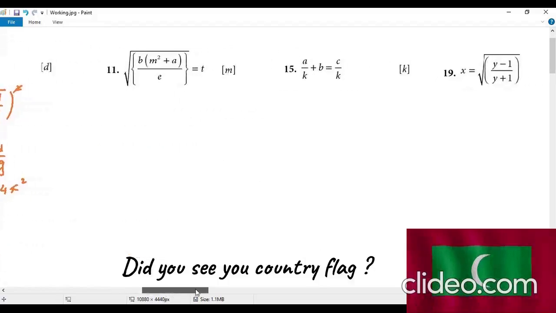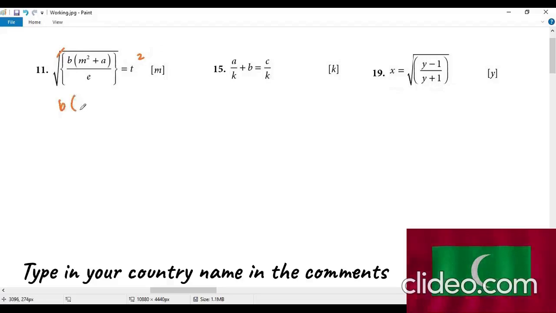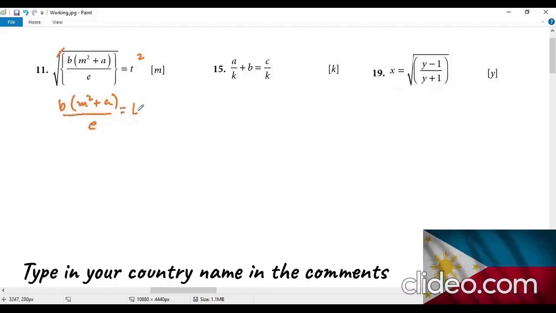When it comes to question number 11, squaring both the sides will make the question like this: m square plus a over e equals t square. M has to be made a subject. That means it's going to be m square plus a, and e t square. E is dividing, other side it will multiply. B is multiplying, other side it will go and divide, and it's going to be m square